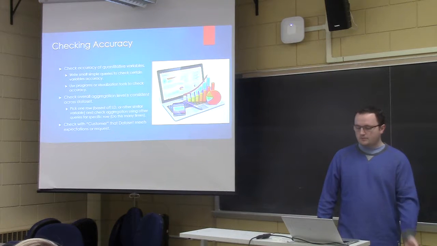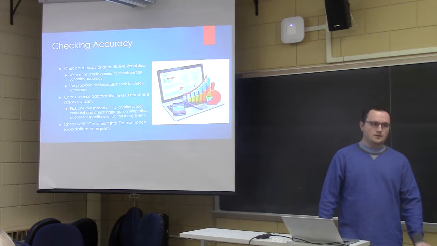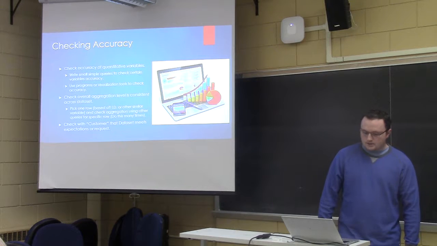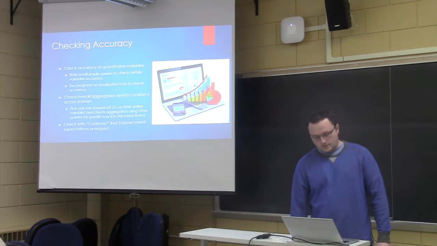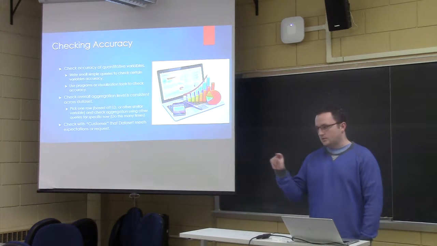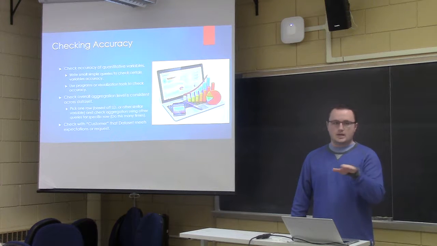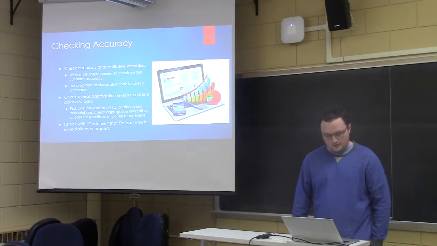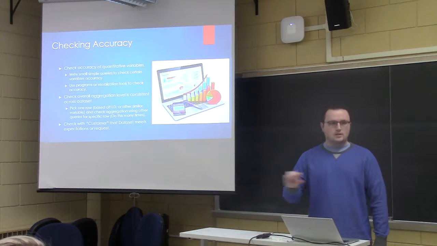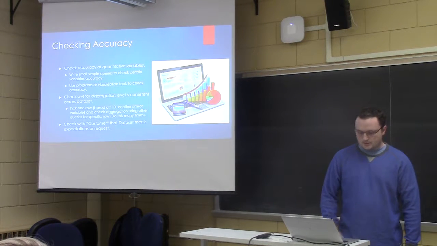Or you can use programs or visualizations to check accuracy. You can make a graph, right, with just 1 or 2 variables just to see where it lies. Checking the overall aggregation level is really good. The best way to do that is just pick one row, like this ID number, and then do a simple query and see what that level is, and then make sure all of the stats in that level are all the exact same, right? You can do that by taking your whole SQL and filtering it to just one row ID and checking it on some other program or some other SQL statement.